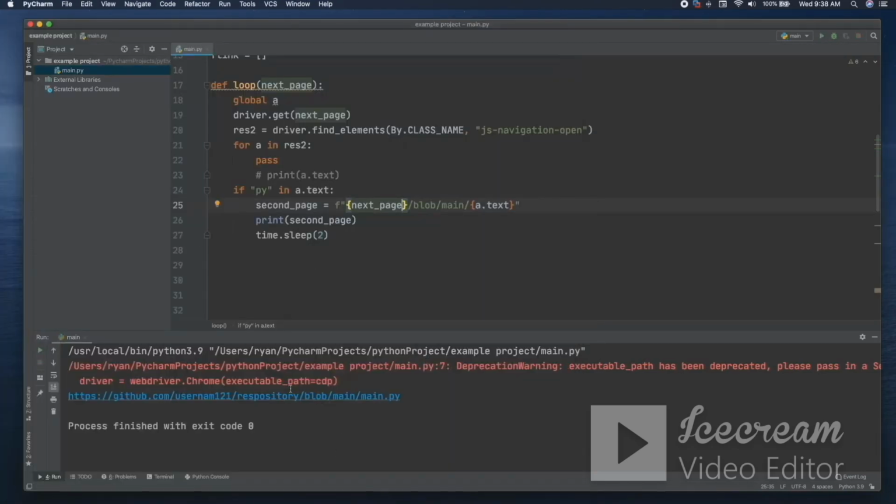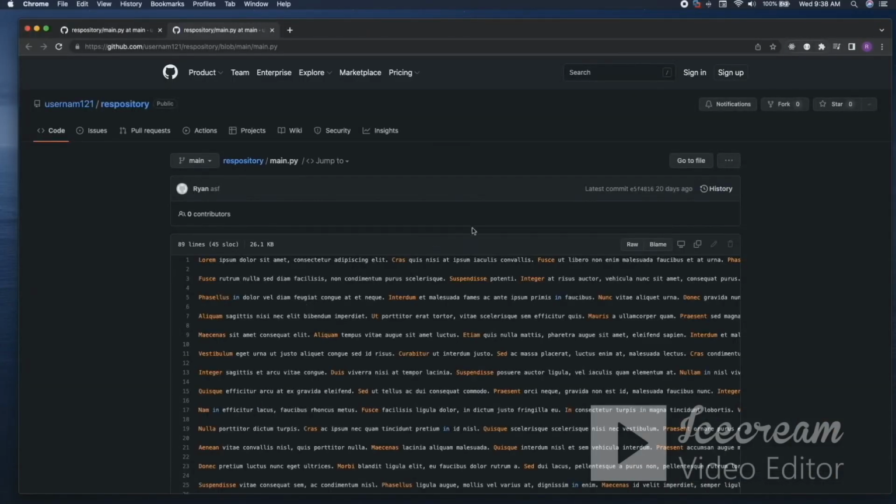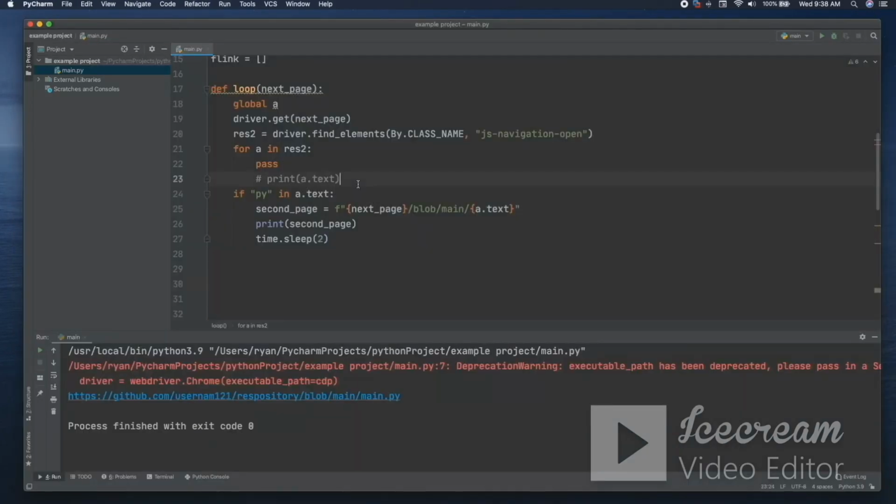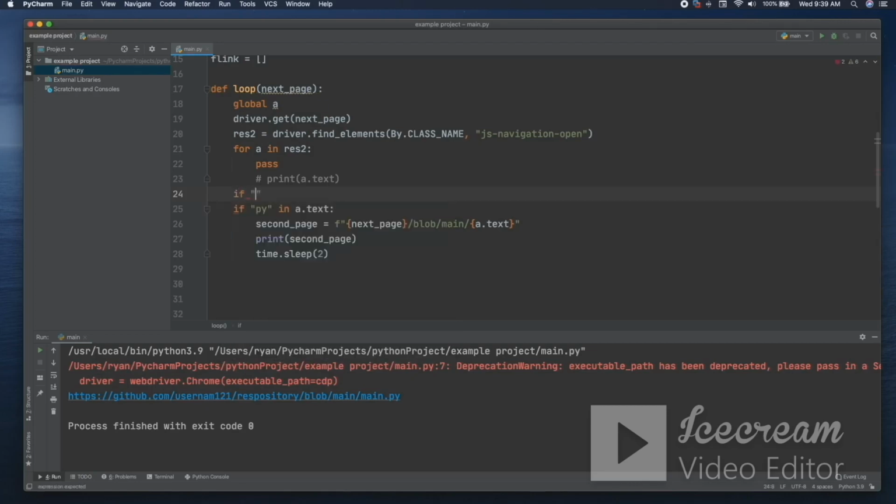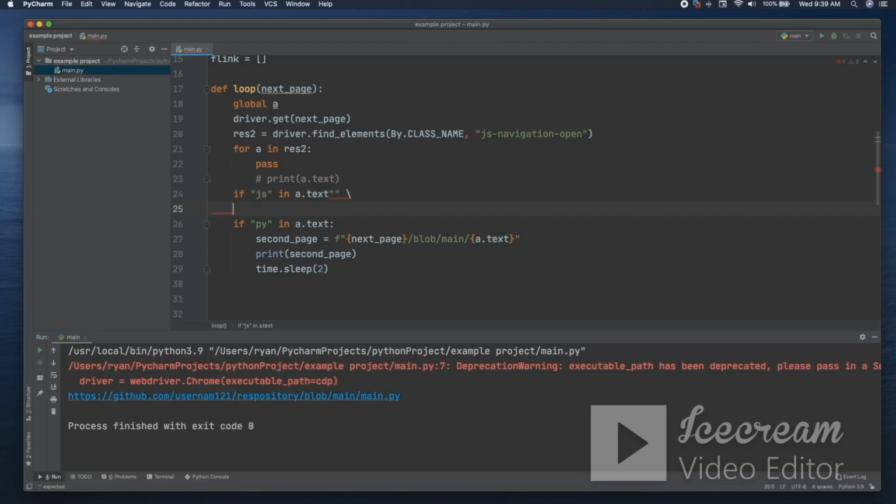It's paused, and we have the repository, and if we click on it, it brings us to the next page that we want. And if we were going to add on to this program, let's say, like I was showing you, if there's a JS inside the file, so like if this is a JavaScript file instead of Python, or maybe we want to check for JavaScript and Python, and maybe later we want to add PHP, we can do that. And so we can say a.text, and then we can say right here, we need to close this off,